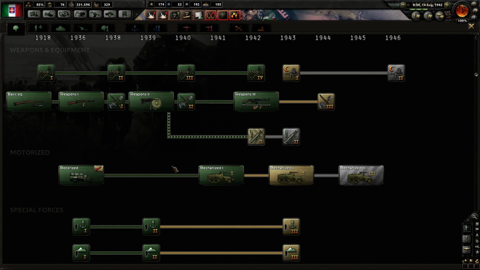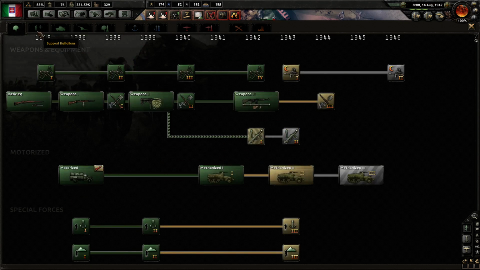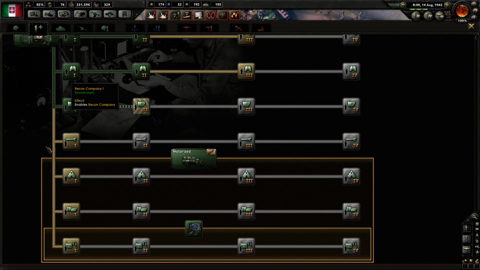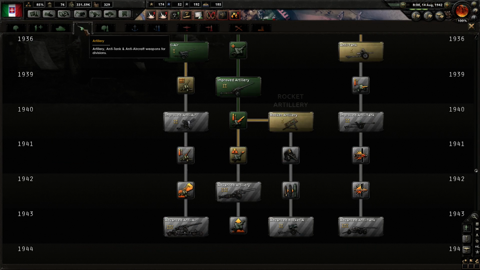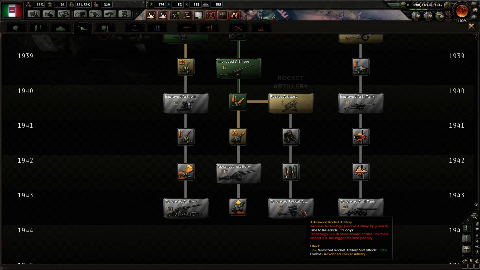I think I'll probably get the better... That's in 43, so we're going to have a lot of stuff to do this year, or next year, but for now I can wait. So there's this, and also the better artillery. Could get rocket artillery as well. Rocket artillery...